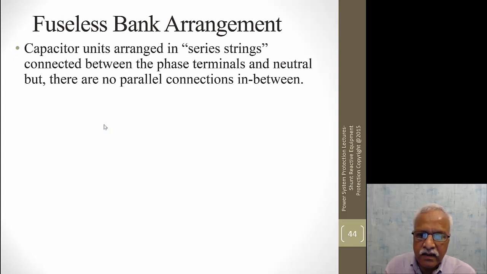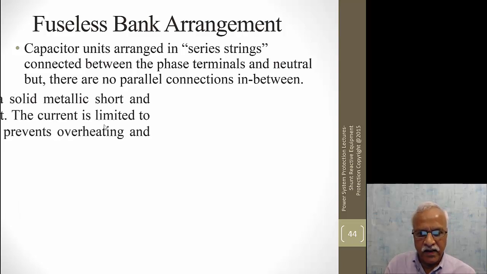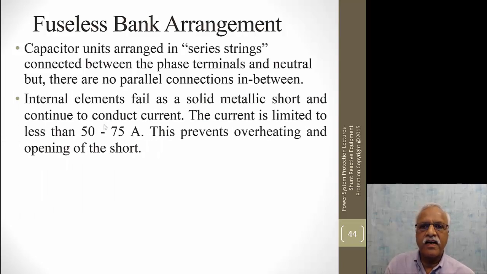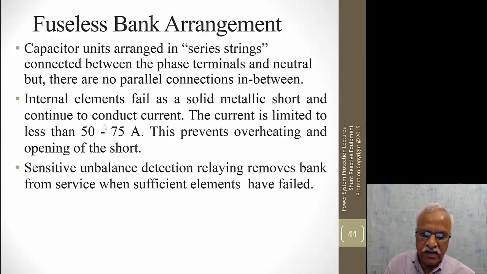Fuseless arrangements are connected in series between phase terminals and neutral, but there are no parallel connections in between. And if internal elements fail, we limit the current to 50 to 75 amps. As I mentioned, it is to prevent overheating and then opening of the short circuit. Sensitive unbalance detection relaying removes the bank from service when sufficient elements have failed. Again, what is the criteria here? If it exceeds 110% of its nominal rating across any element, then we